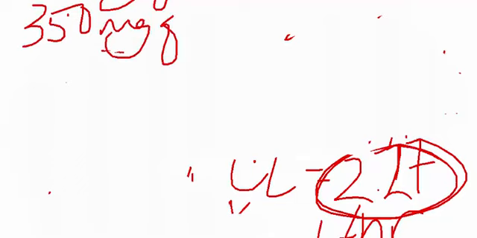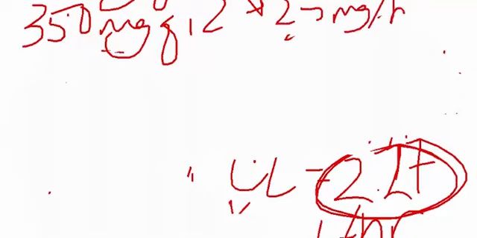300 milligrams Q12 or 350 milligrams Q12, right? So 300 milligrams Q12 is 600 milligrams per day divided by 24 hours. So 300 is, well, that is 25 milligrams per hour. And 350 divided by 24 is,